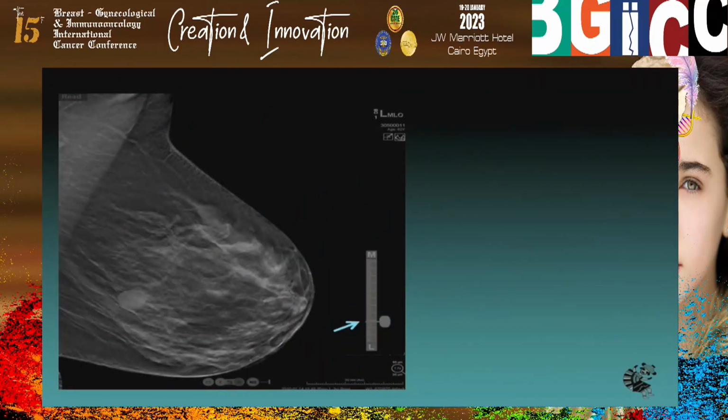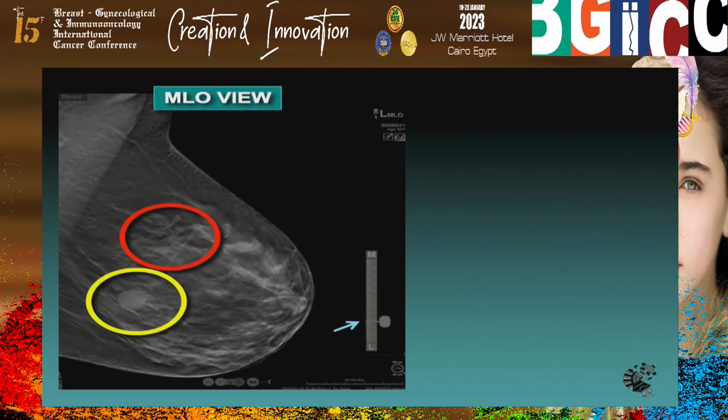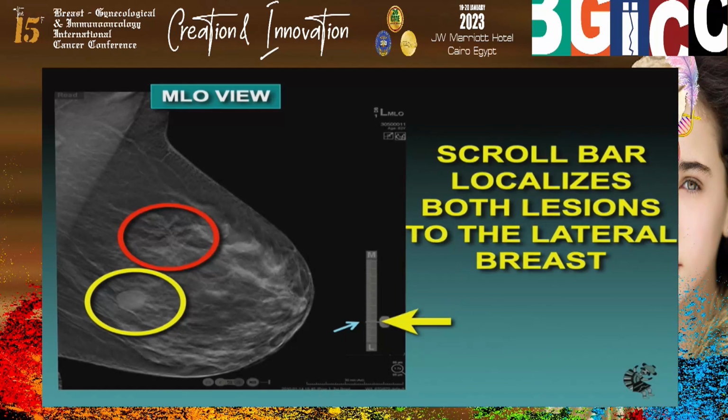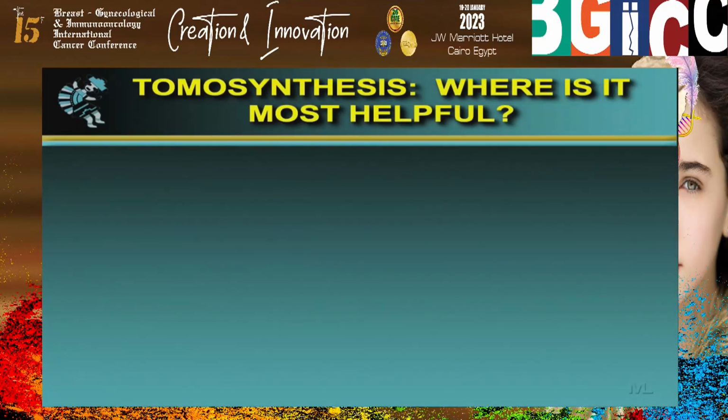Now, when we go to our MLO view, in this particular case, both lesions are seen, both the area of architectural distortion and the smooth mass. But where are they located? They're both on the lateral side because they're toward the L, that's where slice number 1 is, as we know. And so they're both toward that side. So we know they're lateral, which we knew from the CC view. So we can localize a lesion pretty closely depending on where it's located relative to the scroll bar. So it's useful to use that slice location to figure out where we are in space